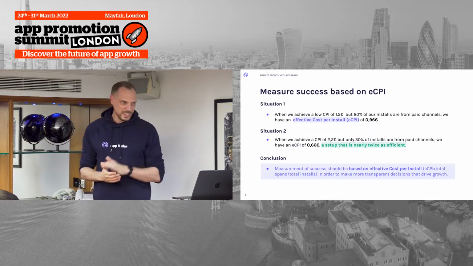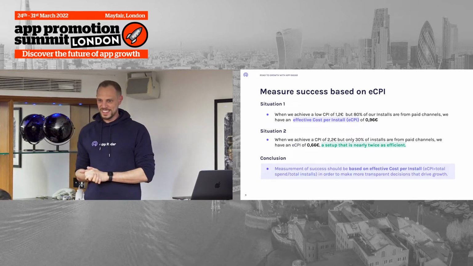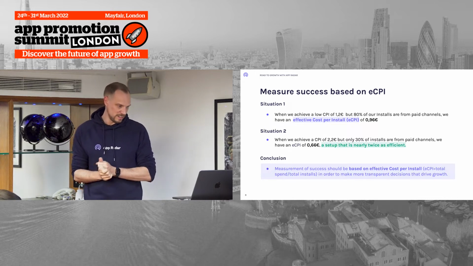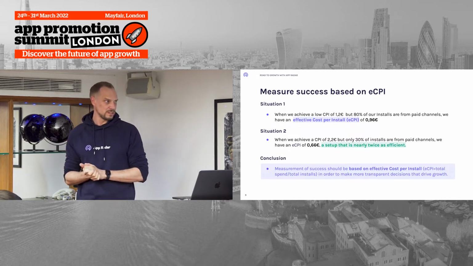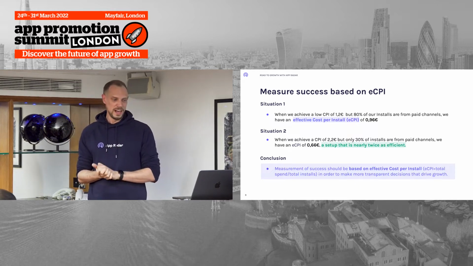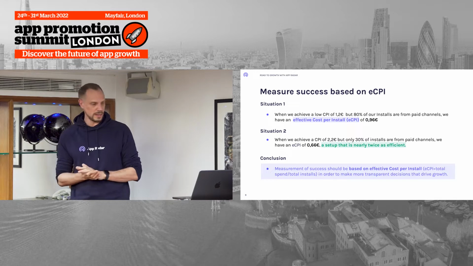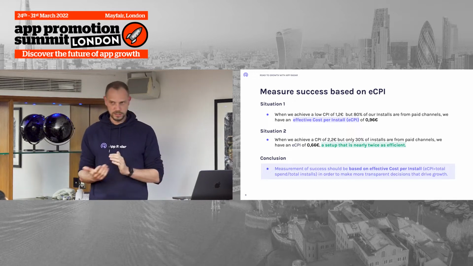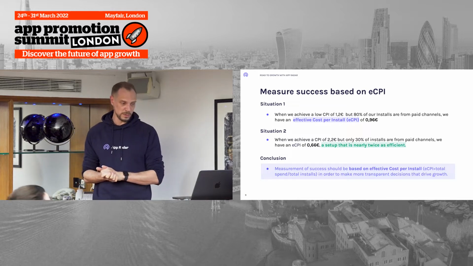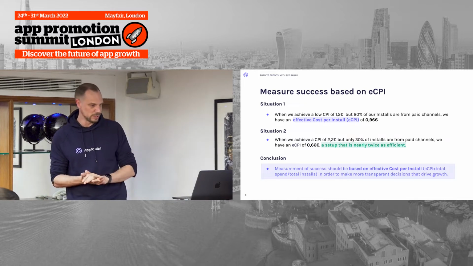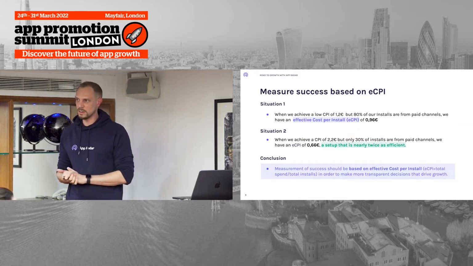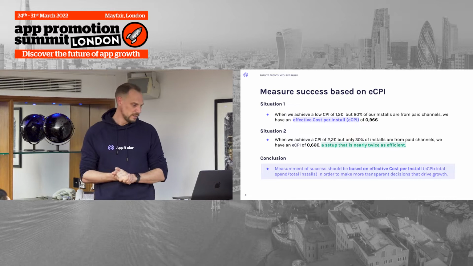A little bit of calculation, very simplified to be honest. Let's think of a situation where we're spending the same budget in both scenarios. In scenario number 1, we can achieve a CPI of €1.20, but 80% of our installs are coming through paid channels. This means we have 20% through organic, which leads to an effective cost per install of, let's say, €1 rounded up. In scenario number 2, same budget once again, our CPI is now much higher.